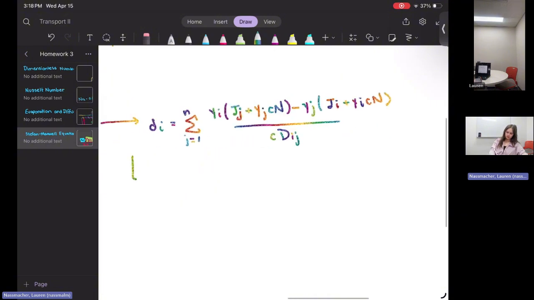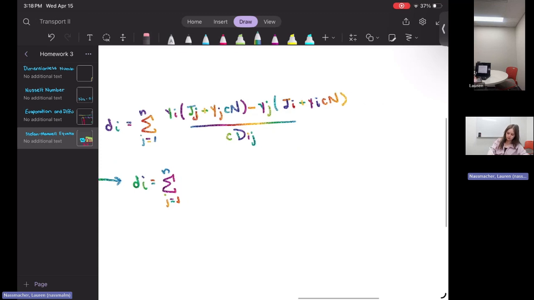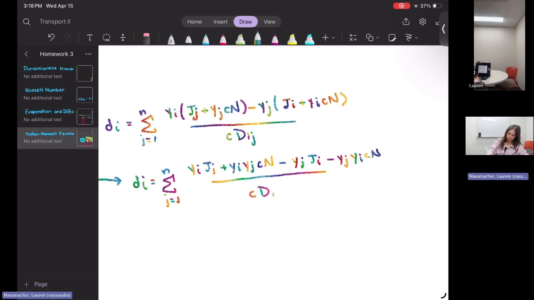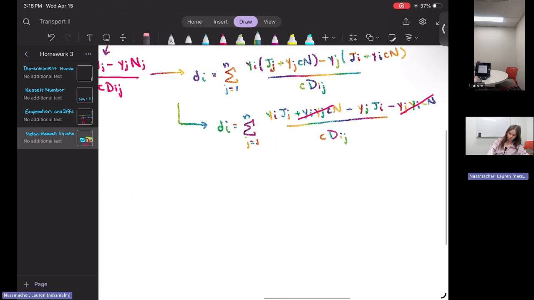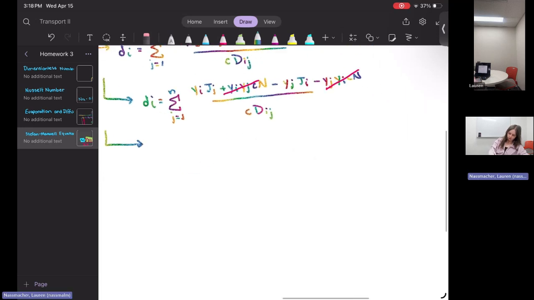and then multiply this out. And the intention of multiplying this equation out is to cancel out certain parts that we don't necessarily need, or to find a new identity that we might not know about. Minus Yj all over concentration diffusivity coefficient. So you can already see that these two parts cancel each other out, and we get the equation